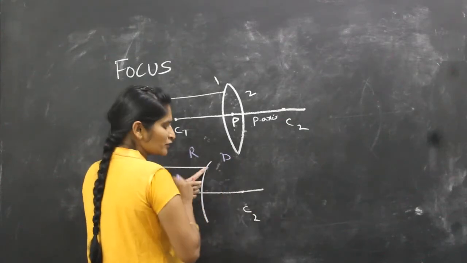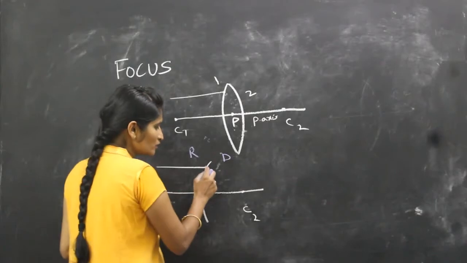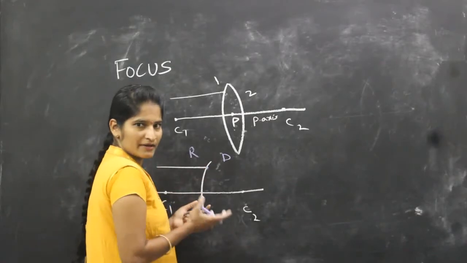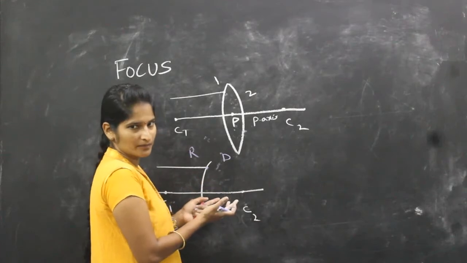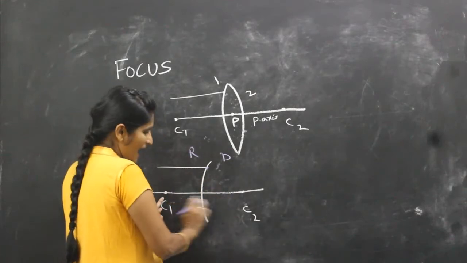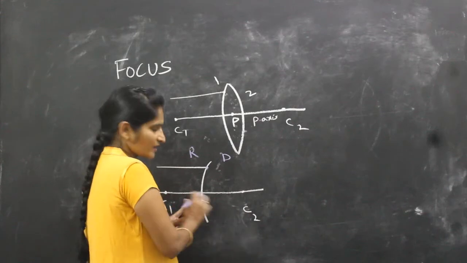At this point I need to draw a normal. So how to draw a normal? For simplification, how we will draw a normal? We will draw a normal from the center. Okay. But here see, I have two centers. Okay. Now from where I